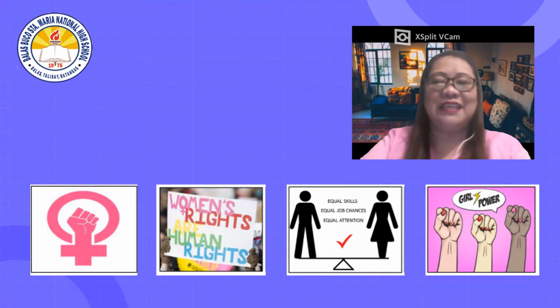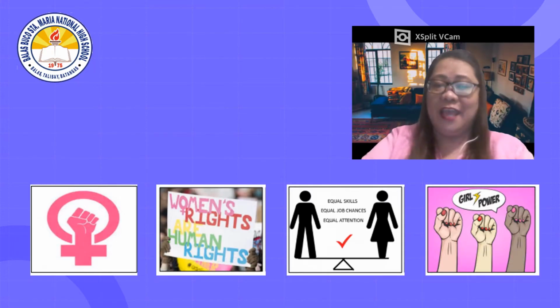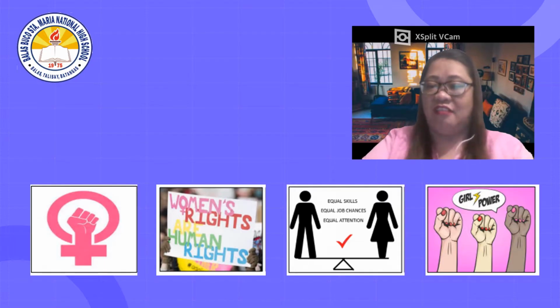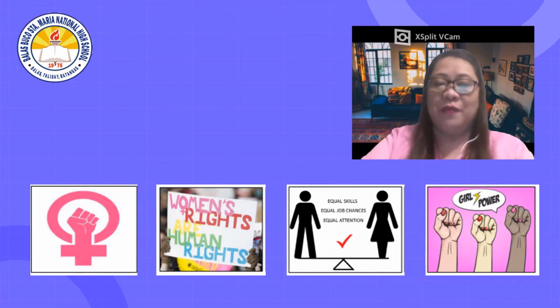And now, let us play the game 4 picks, 1 word. As you can see, we have here 4 pictures. On the first picture, there is an icon of a hand that is colored pink, wherein the wrist formed a cross. On the second picture, it is somehow like a signage used on a rally that states, "Women's rights are